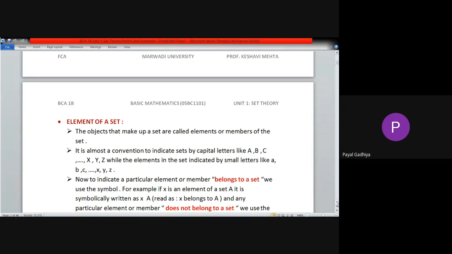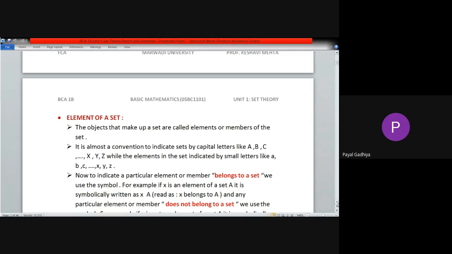But infinite set means what? It will contain so many elements which we cannot calculate. Natural number set is an infinite set. Natural numbers we are starting from 1. Then 1, 2, 3, 4, 5, there is no end of natural numbers. So this set is an infinite set. But the irrational number which we are talking about is a single number, but this number is having infinite digits which we cannot count.